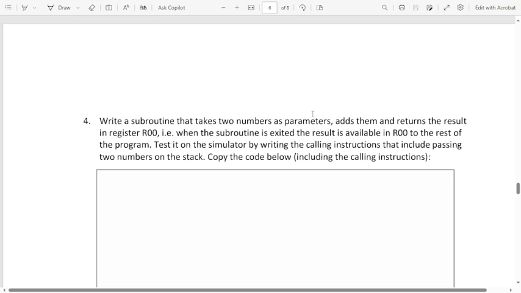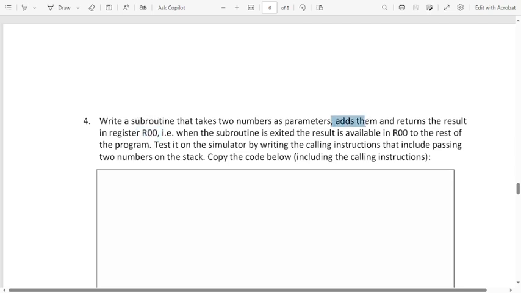Okay, the argument is the data. So write a subroutine that takes 2 numbers as arguments, add them and return the result. If the subroutine is executed, the result is available in R00. So it is easy for you, meaning take 2 numbers, add them, then return the result to register 00.